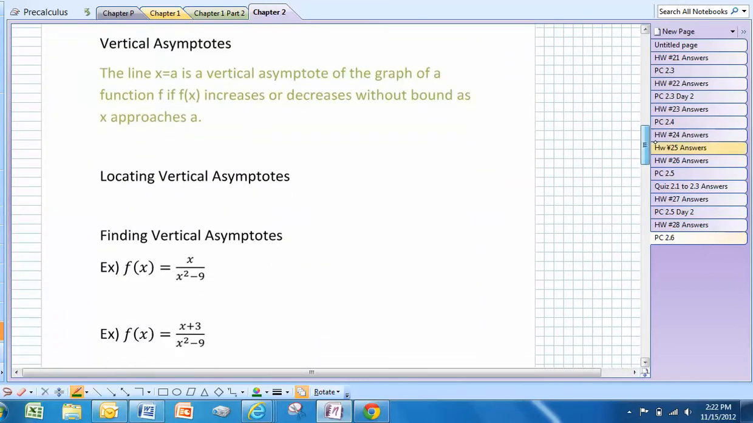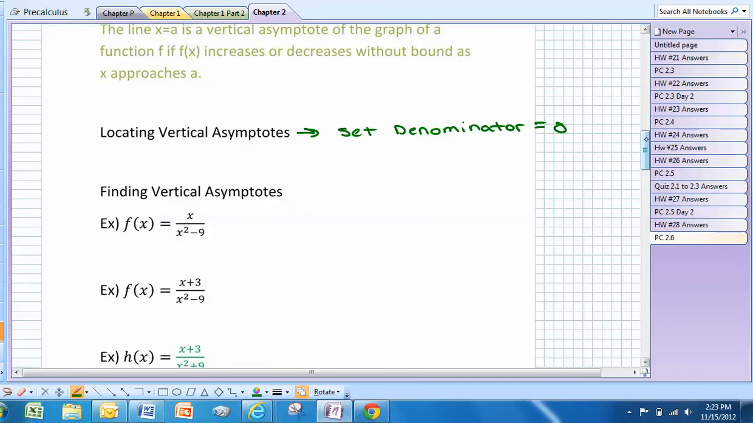The vertical asymptotes occur where the denominator is equal to 0. And those are points on a graph that basically, that's where the graph cannot cross. So locating vertical asymptotes, like I said, you want to set the denominator equal to 0. So, for example, in the first one, it says to find the vertical asymptote,